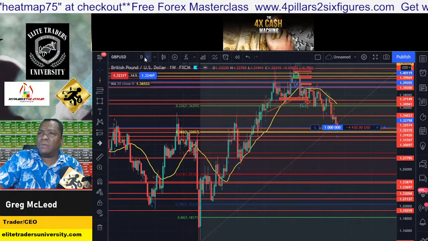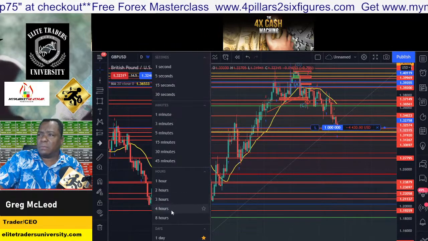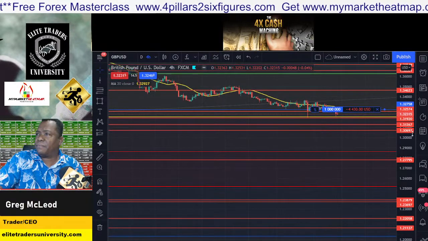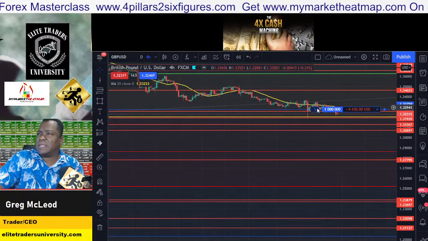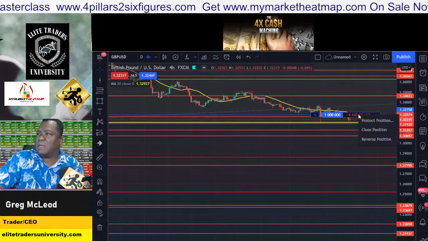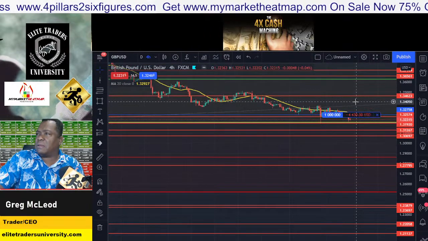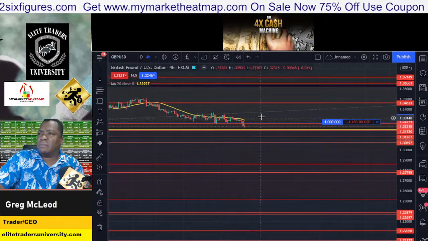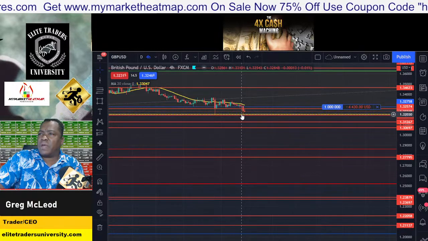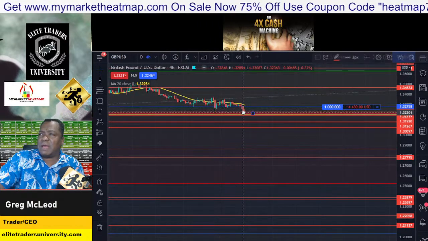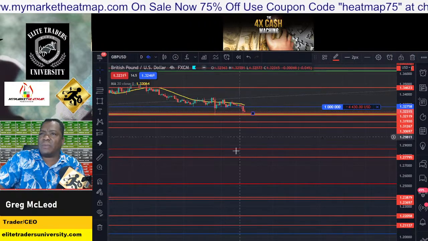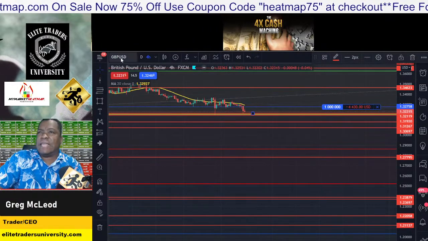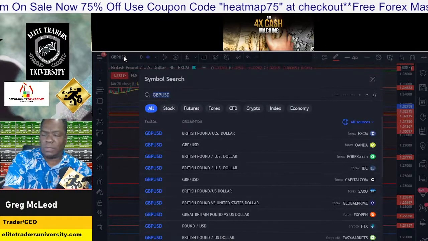You can drop it down to like a 4-hour chart. You can probably get a better view of that. And then this thing is like right in the way. Oh, I can't hide it. I would like to hide it. There it is. Okay. So we got a double bottom right there, and that was a non-farm payroll drop. We could probably see a bounce right there. But the trend is down, and what I want to show you is this.